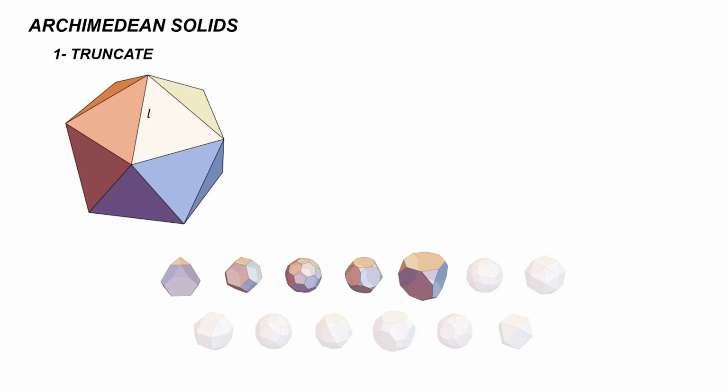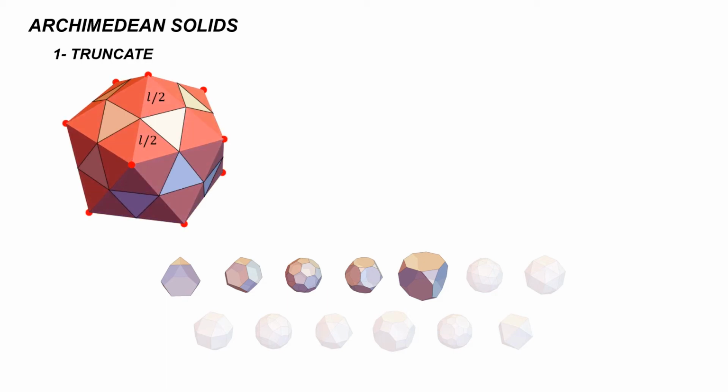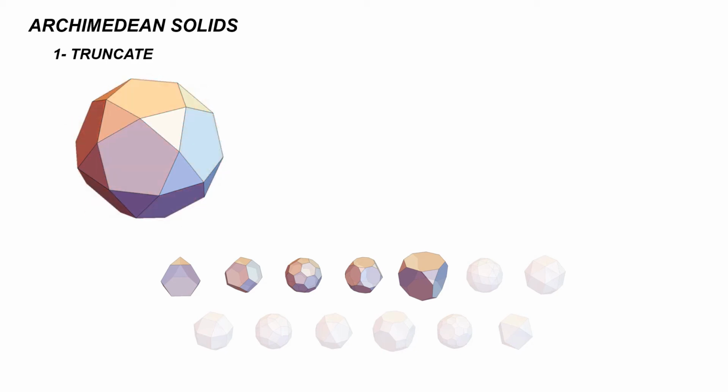Next, we will truncate the surface around each vertex at a different length ratio. If the edge length of an icosahedron is L, the truncated portions highlighted will correspond to the half of the edge length, namely L over 2. Removing the highlighted regions will lead to an Archimedean solid, an icosidodecahedron, and we will explain the origin of its